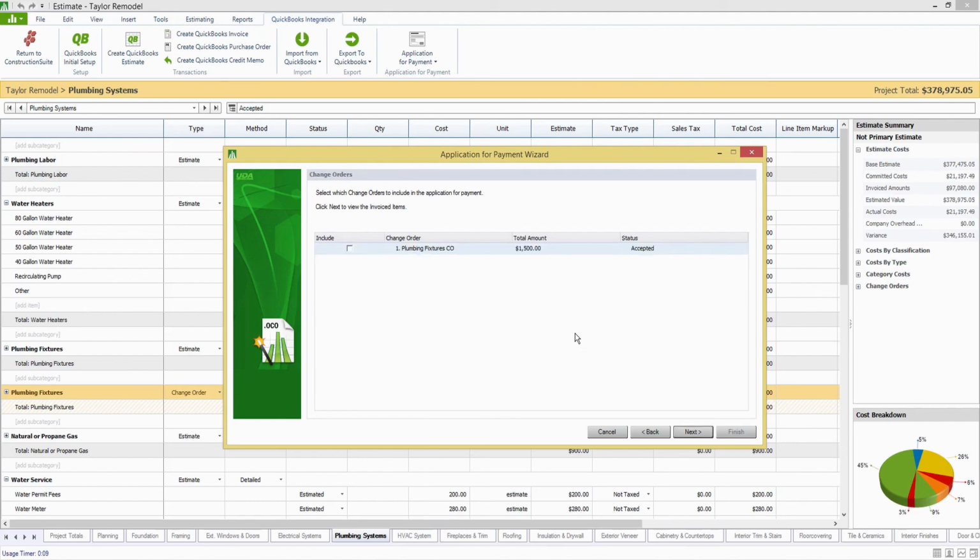You'll also see now that we have this change order. Selecting this change order is going to be huge because it's going to make sure that that scheduled value updates on the G703 and also that it updates the contract amount on the G702. So if I choose this,